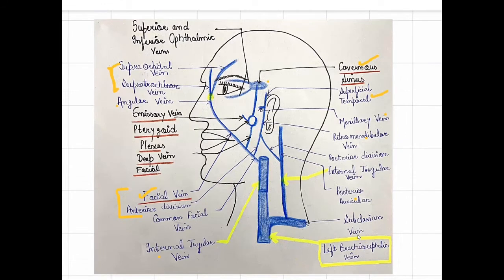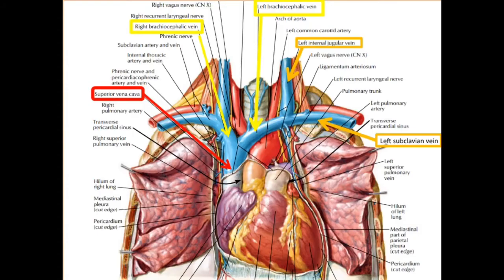So the subclavian vein contains the venous return from your neck region, from your axilla portion, upper limb, right? Then it finally goes down, forming the left brachiocephalic vein. Similarly, a right brachiocephalic vein from the right region, both join to form your superior vena cava and finally drain into the right atrium of the heart. From the lower half of your body, the inferior vena cava carries venous return to the right atrium of your heart. So this is your venous return.